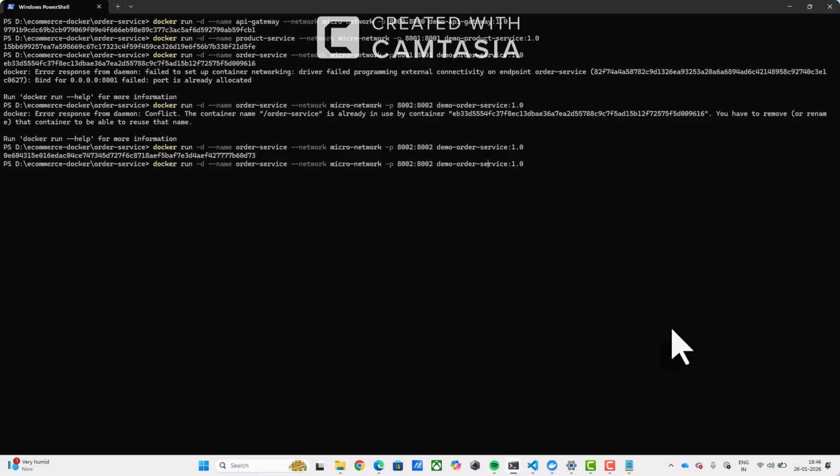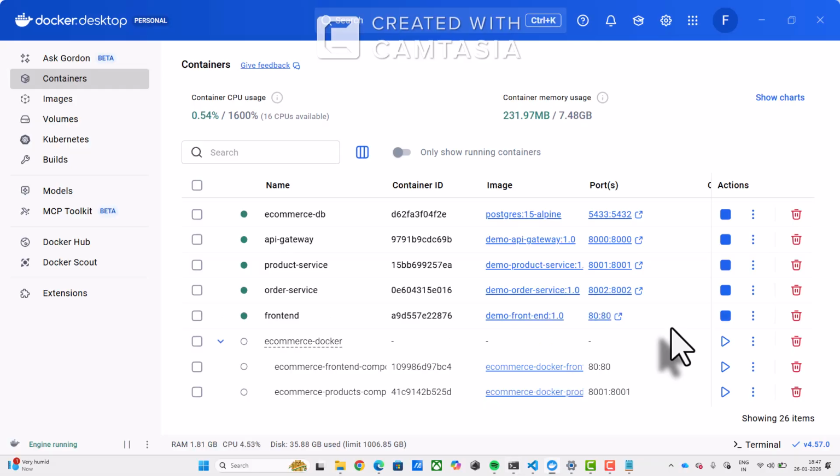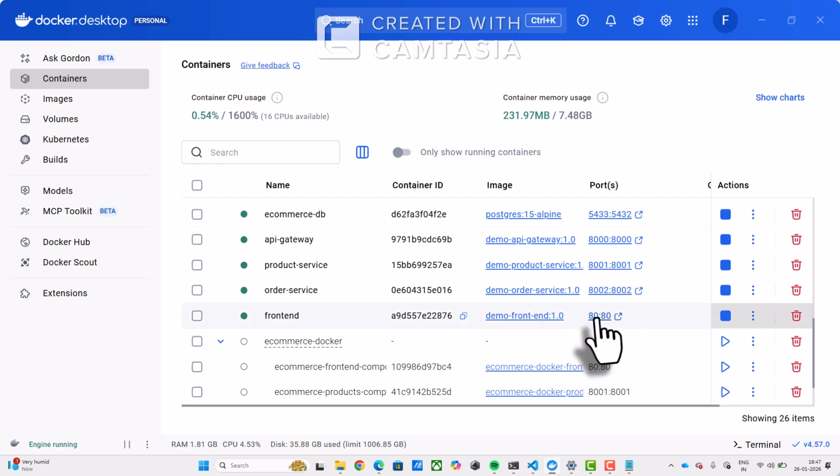And finally I'm running the frontend. Okay, and the frontend is going to be exposed on port 80. This is the way you have to run all the Docker containers. Now you can get into the